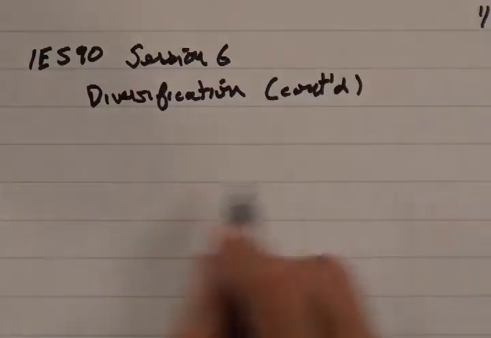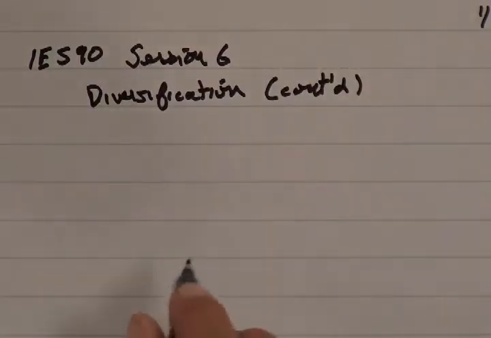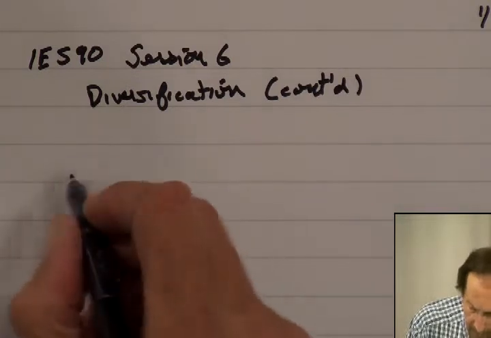We're still on portfolio theory, but we're considering diversification. We saw what happened for uncorrelated assets,